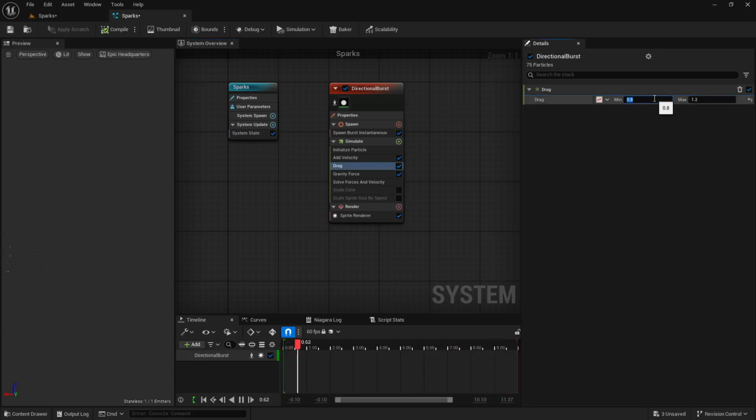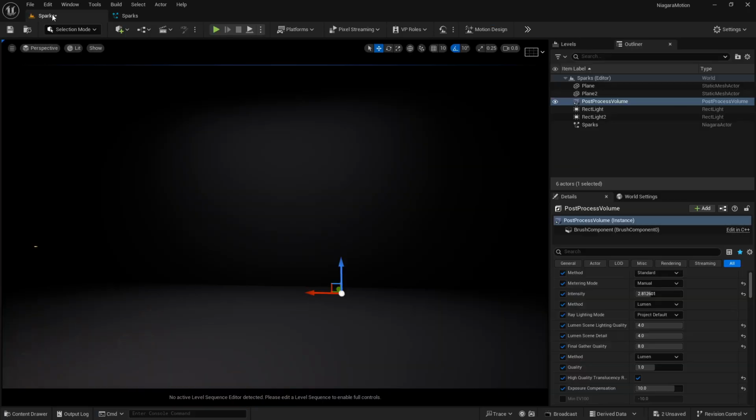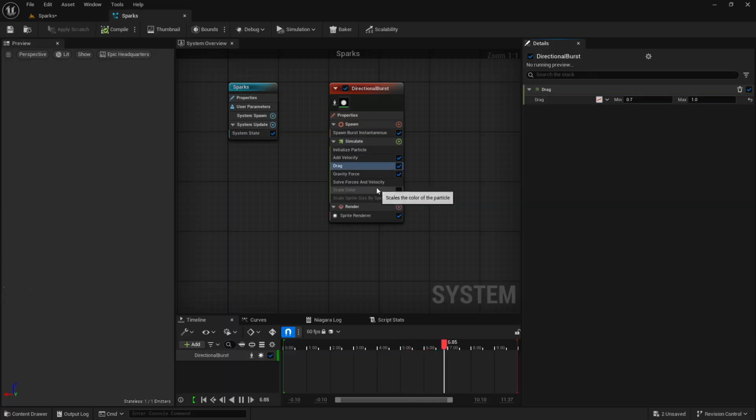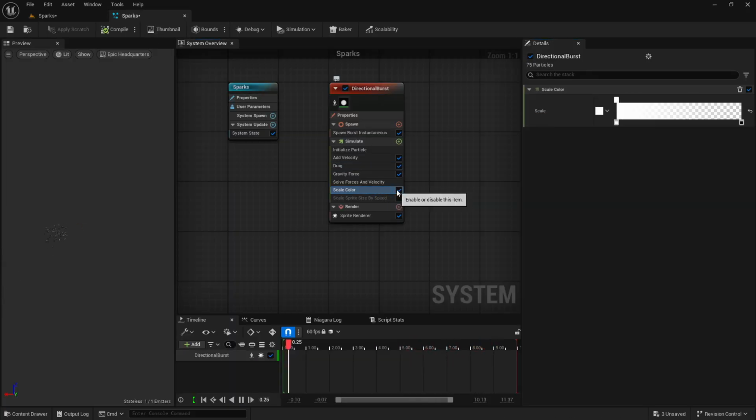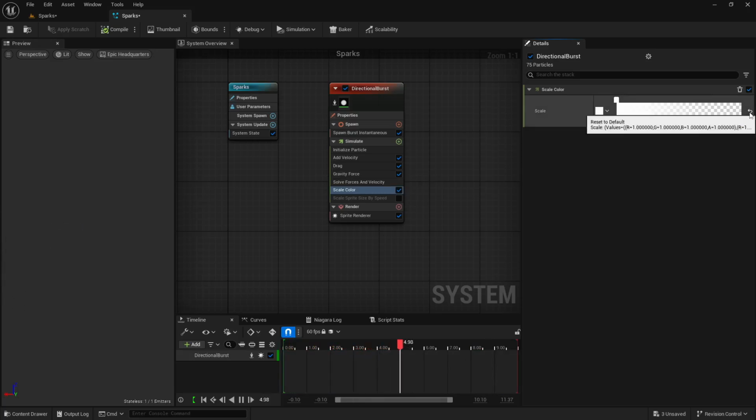So we are going to just change these values to maybe 0.7 to 1. Okay, and let's just save this. And now you can see the result here as well, and we are getting some beautiful sparks. Okay, now what I can do, I can scale the color as well. So you can see we are getting this transparency in the scale here from this color, which is 1 opacity to 0. So that's the reason we are getting this opacity result here. Okay, you can play with this as well.